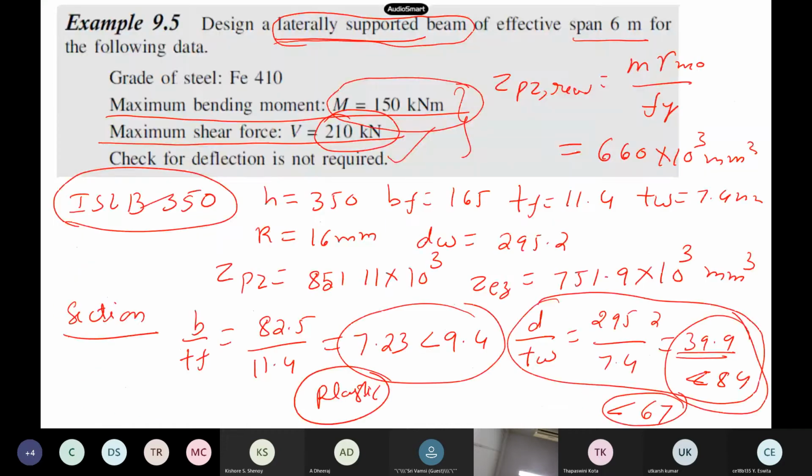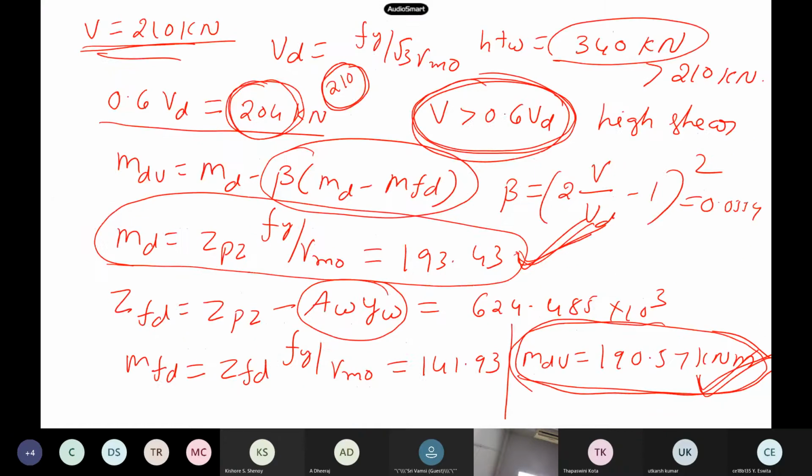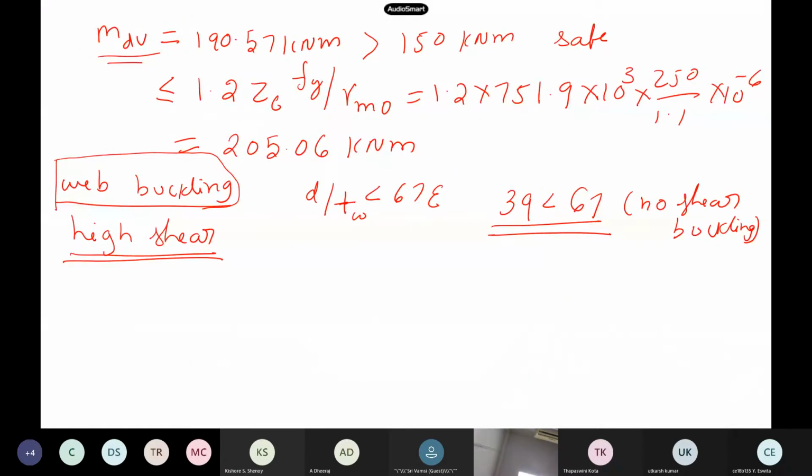Now in this problem, they have not given you the type of the load. They have simply mentioned the bending moment and the maximum value. Generally, if they give this type of problem, you don't check under the load, because they have not mentioned the type of the load. So where do you check the web buckling? Because you don't know the type of the load, you just check near the supports itself. That is how we have to do it.